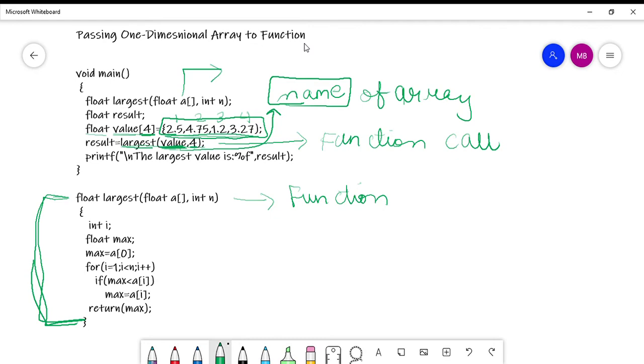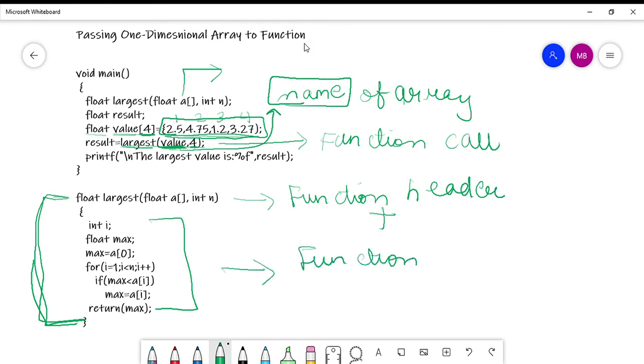So this is the header of the function. A function definition basically consists of the function header plus this, which I call the function body. Earlier also I told you this thing. So the function which is called should be properly defined. So how do you define a function? This entire thing, this thing in totality, is known as the function definition.